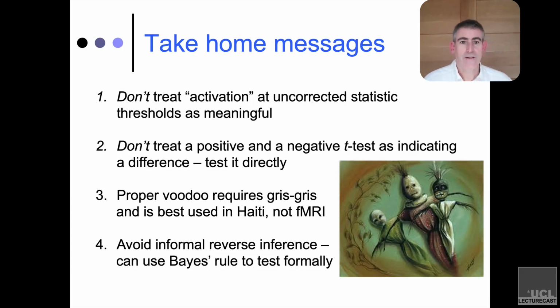And then finally, there's just no excuse really ever for informal reverse inference. If you think it's important to infer what the cognitive state is based on some degree of activation, then fine. There are tools for doing that formally. You need to use Bayes' theorem. You need to use some sort of existing sample of the literature that allows you to quantify the times that you see these activations or don't in this kind of cognitive state or not. But if you don't have that, don't make assumptions about the cognitive state that's there as a result of your activations.